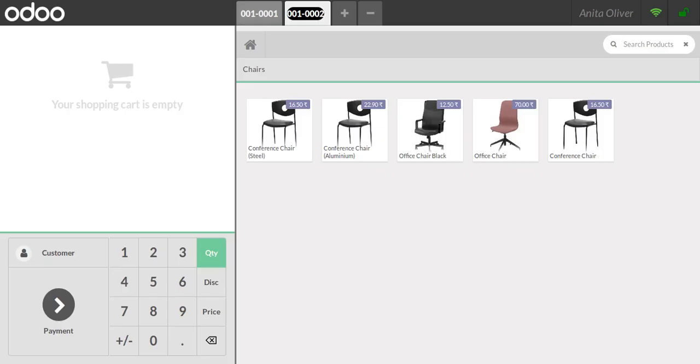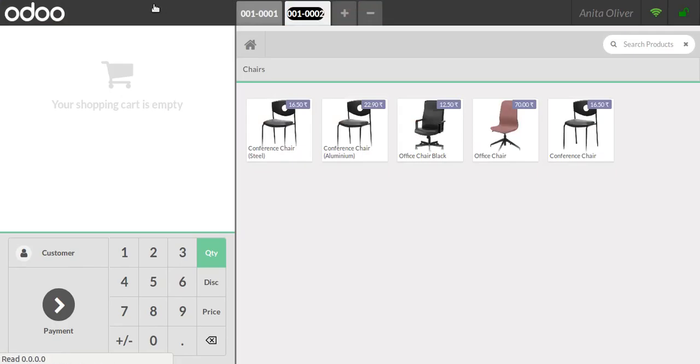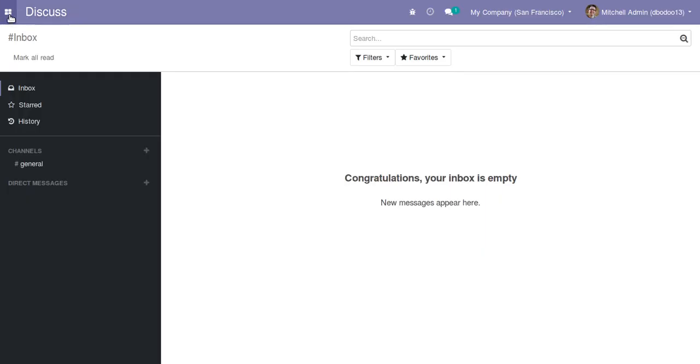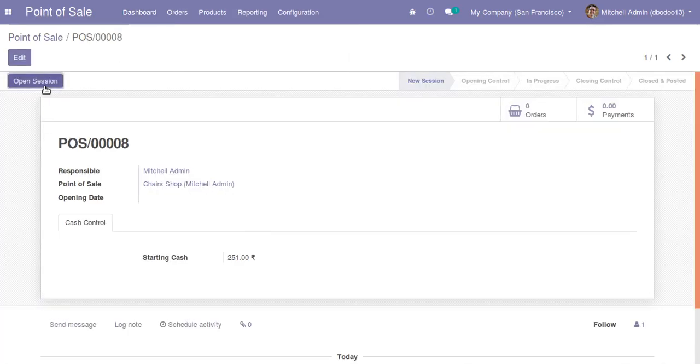So I'll just come back to the back end in this window. I'll just update the URL. Okay, from this URL I have come to the POS point of sale, and from the dashboard I can log into the new point of sale session. So if I open a session,